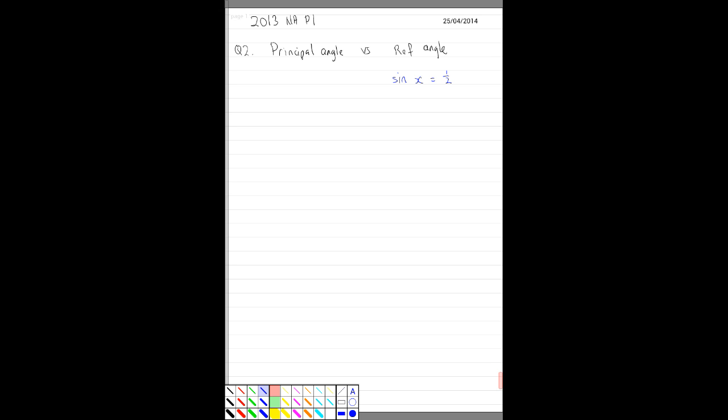What I will do is, I put minus half. I need to find the reference angle first. How do I find the reference angle? It is simple. I just put sine inverse half, usually. And then the reference angle equals what? I press my calculator. Very good, 30. So once it is 30,